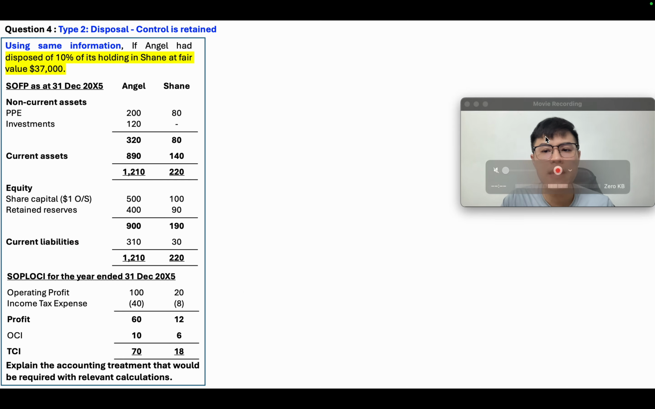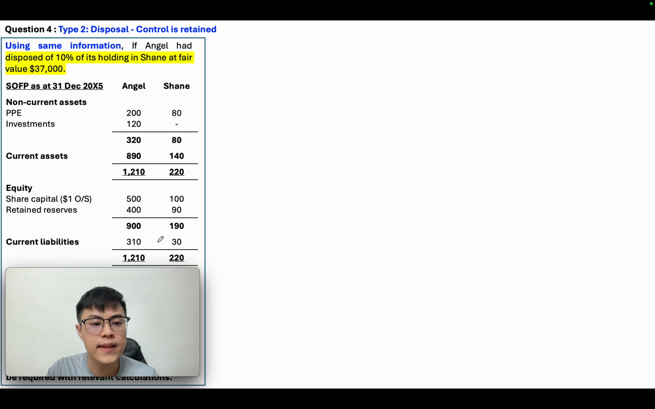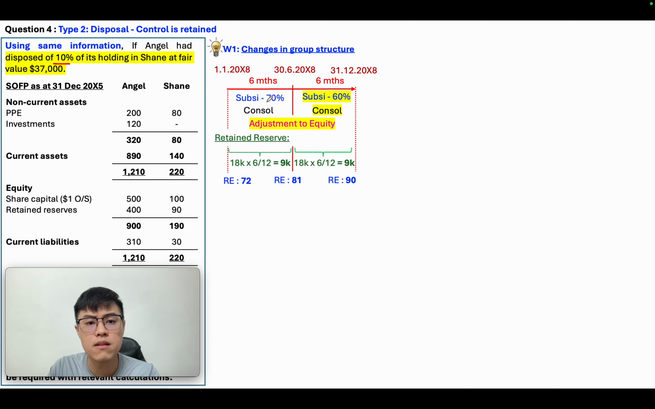And what about case number 2? We retain the case. Now, using the same information, if Angel had disposed 10% of the holding, meaning to say, from 70%, disposed 10%, now it's 60%. So, control still retained. We will do adjustment to equity rather than calculate profit or loss of disposal because that